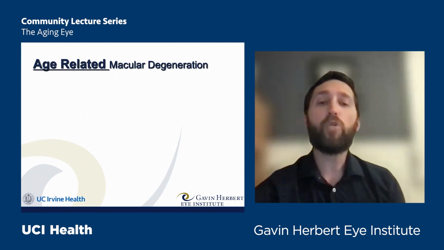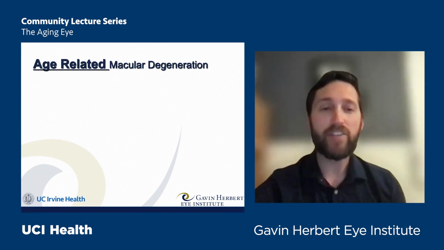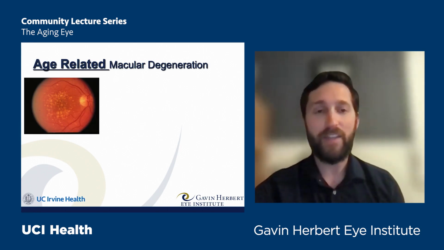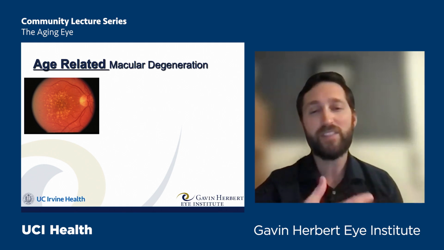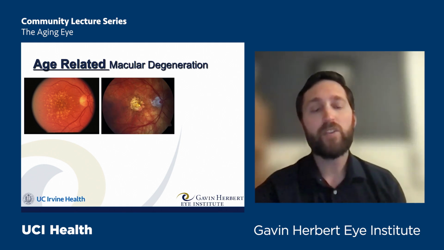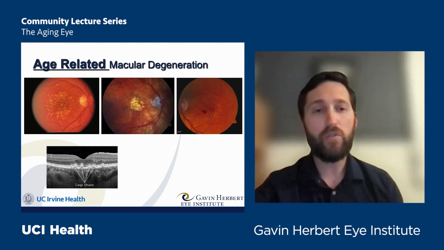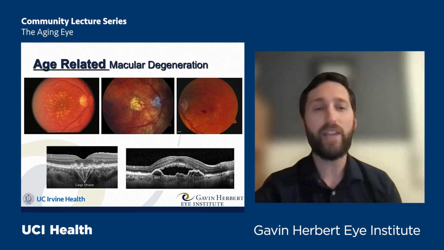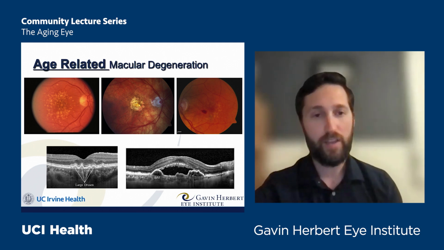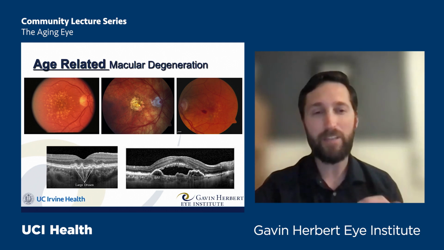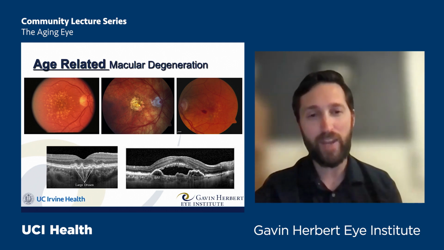So the full term for macular degeneration is actually age-related macular degeneration. And that's because as you age, this is what comes on. So working our way through all these pictures, the top left picture, in the center of the macula, around the macula, you have these white deposits. We call them drusen. They're protein and lipid deposits, and they deposit themselves in the retina, and they cause a